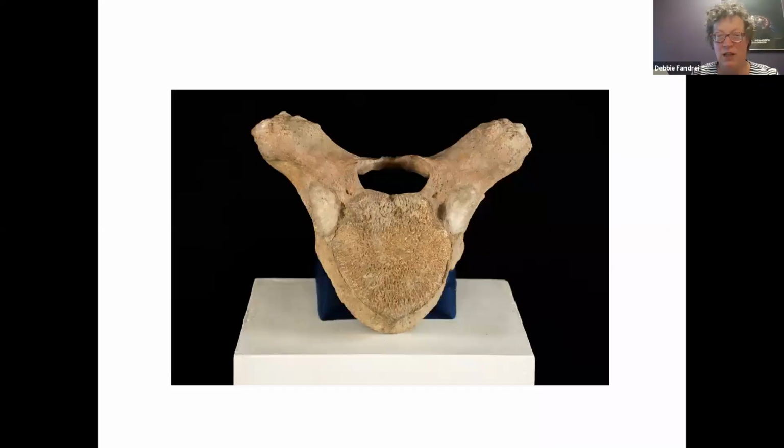Right after the Ice Age, and that bone was found in Antioch. And the story of it is great because it was found in the early 60s when Antioch didn't have village garbage service yet, and a local resident was actually at the dump dropping off his garbage for the week, and he and a friend were there in a truck, and as they were pushing the garbage off their truck, the man, who was an amateur archaeologist, noticed just a little bit of this vertebrae poking up from the ground